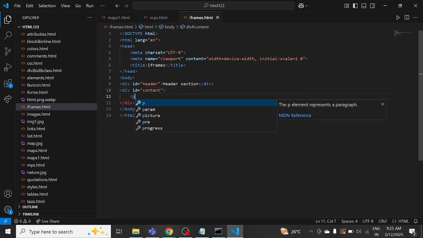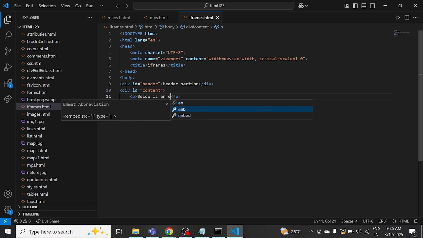Okay, so here the p tag. Here I'm using code in paragraph format. What is the p tag? The p tag is the paragraph tag, and here I'm using one static text. Okay,